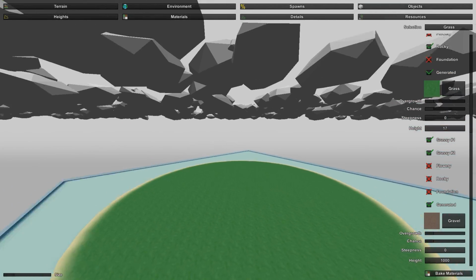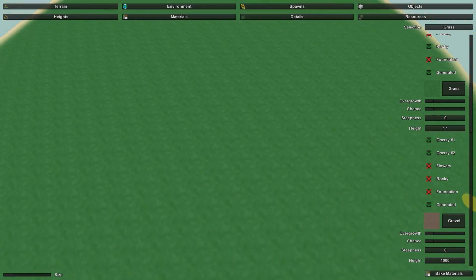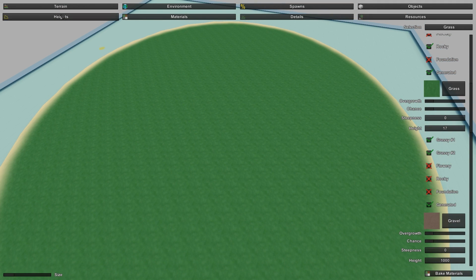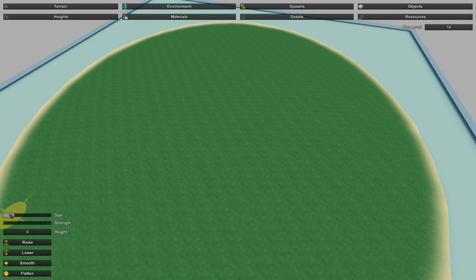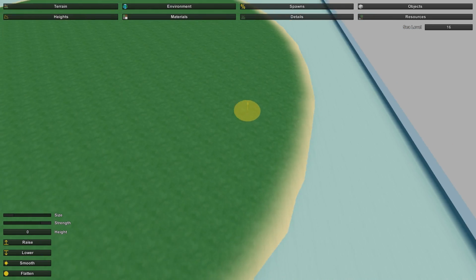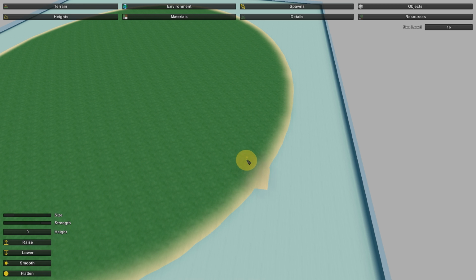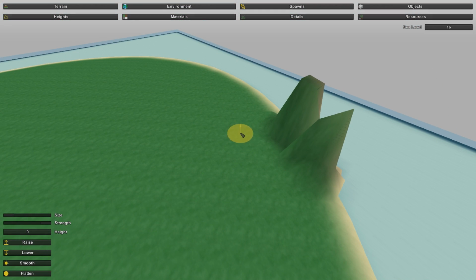So now we have this grass area. Now let's say I want to make a mountain or something. So go back to your heights, and let's set the size to something low, and then let's make it over here, because I'm going to actually make a map right now. Let's just do this. So we want some rocky looking mountains or something,